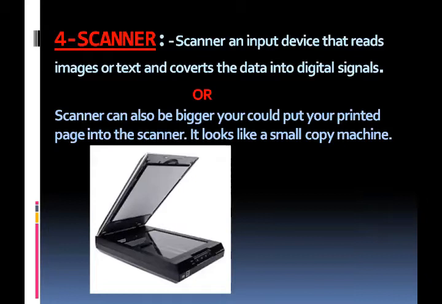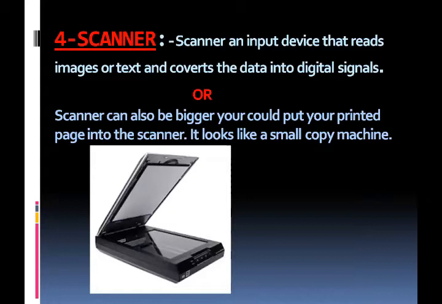Scanners can be handheld, so you can move the scanner over the printed pages. A scanner is an input device that reads images or text and converts the data into digital signals, which can be directly fed and stored in the computer. Graphical scanners read photos or other images into the computer and digitize them, producing bitmap graphic files. Text scanners use optical character recognition software to read pages of text and produce editable text files.